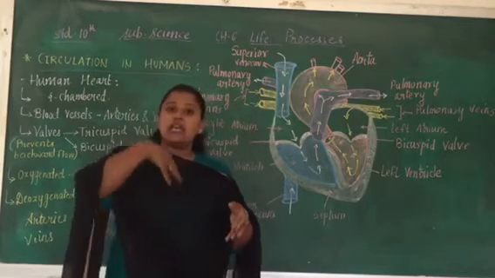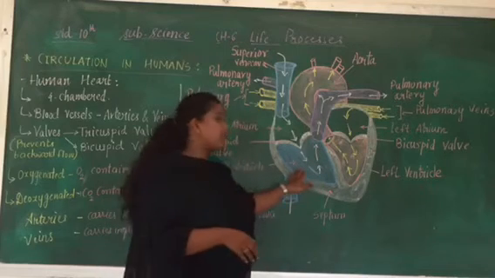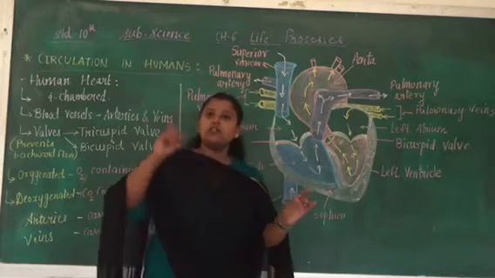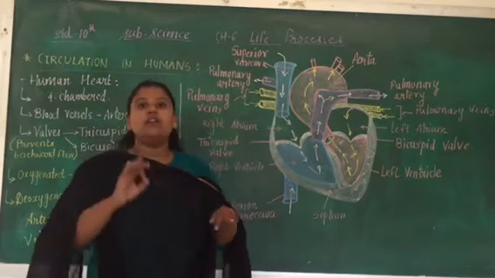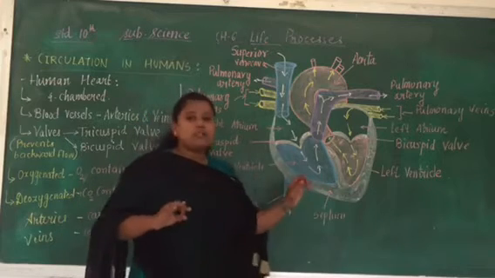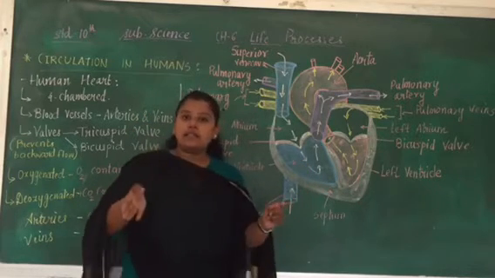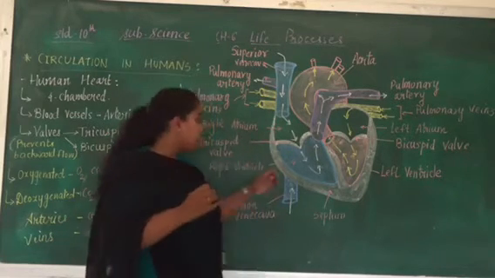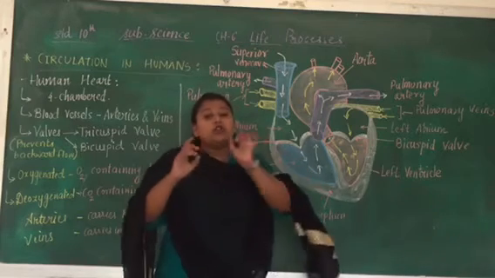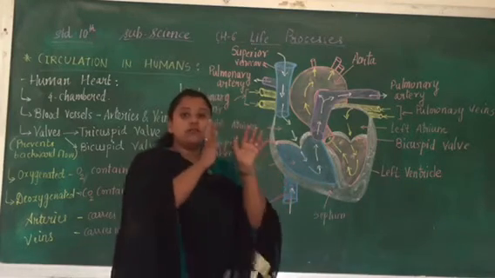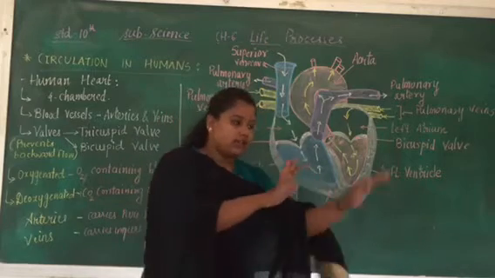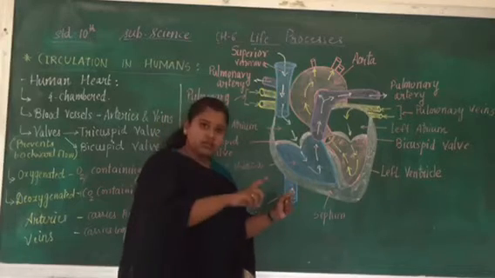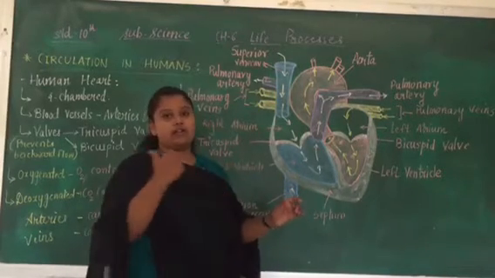Means we have already inhaled what? O2, right? And this blood is containing what? CO2. So this blood containing CO2 goes to the lungs, where the lungs have already got a rich amount of oxygen. So what happens when this CO2 blood enters the lungs? The diffusion takes place. That means the exchange of gases takes place, and how? The CO2 from the blood goes to the lungs, and the O2 which is filled in the lungs goes into the blood.